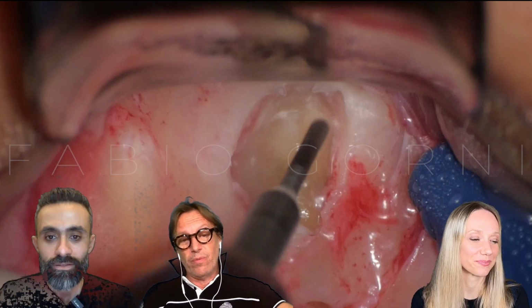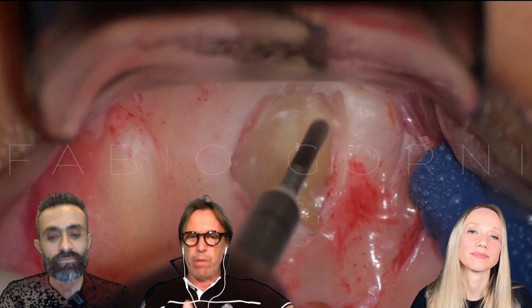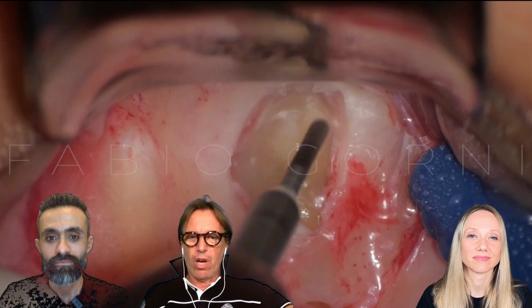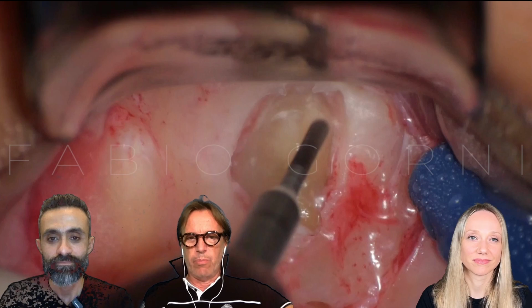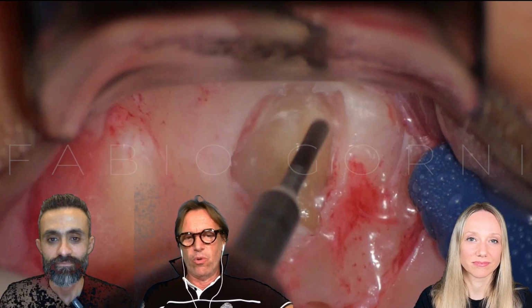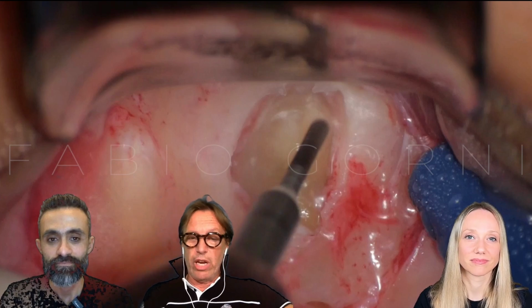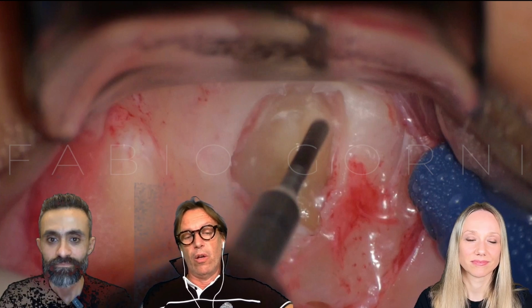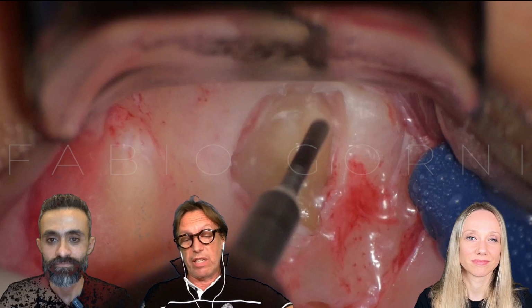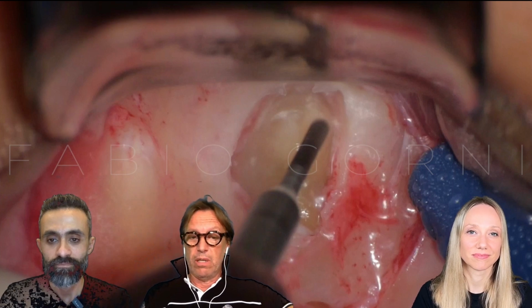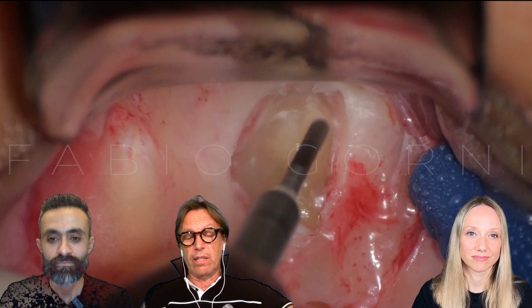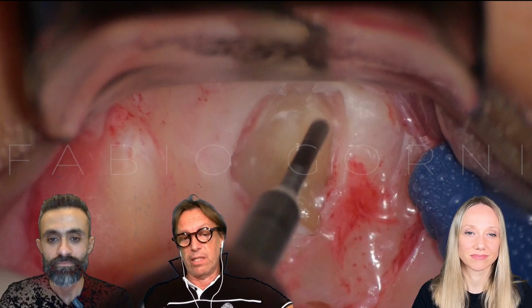Because the apical resection is a dynamic action. So we have to decide how to cut the root only in function of the anatomy and the position of the lesion. So many times we have to change the angulation of the resection step by step, just discovering the anatomy, just discovering the problems that we can have inside of the root canal system.